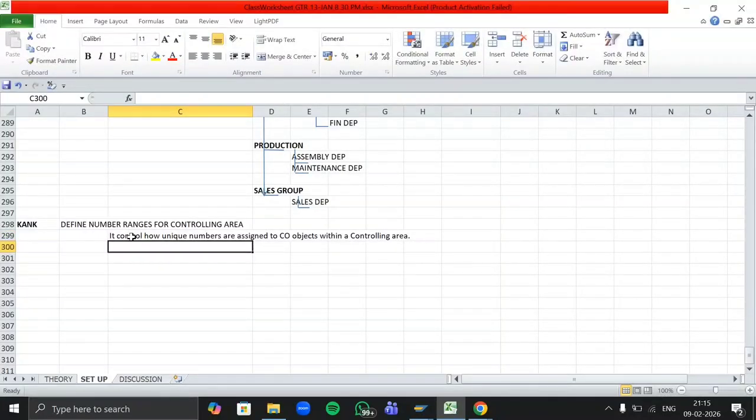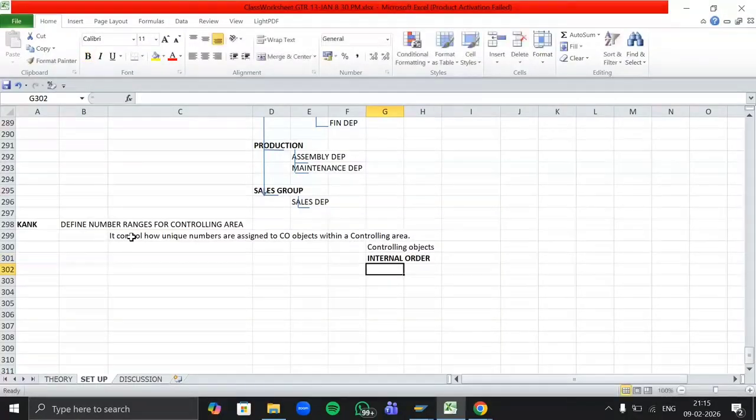Here we have controlling objects like internal orders, then our cost centers, then any business processes if we need them. So number ranges will decide how our controlling master data will generate numbers over there.